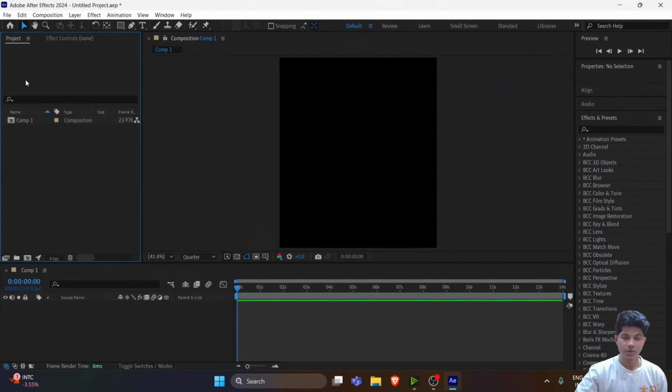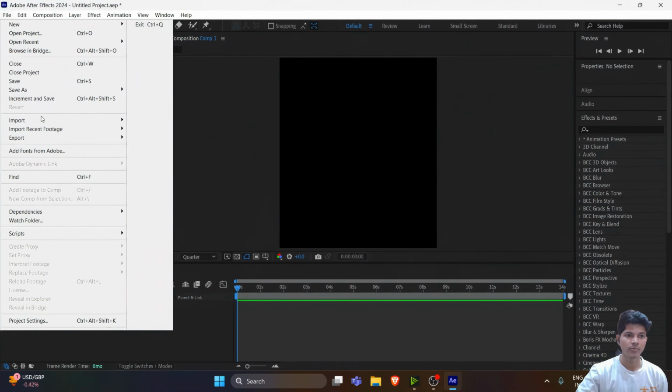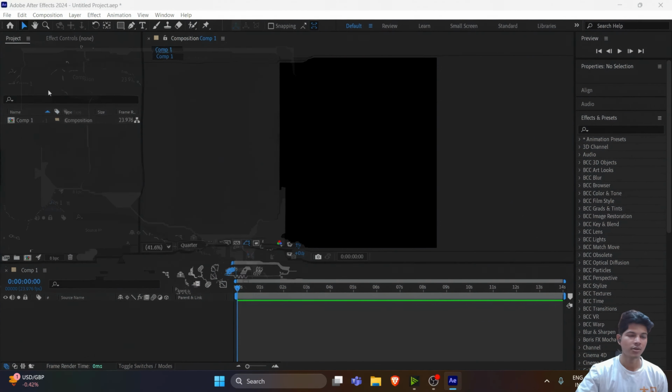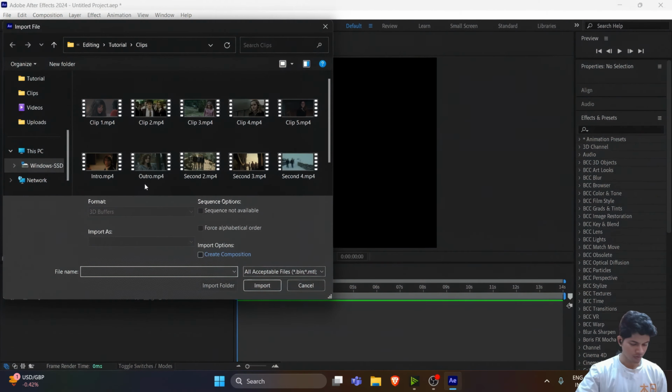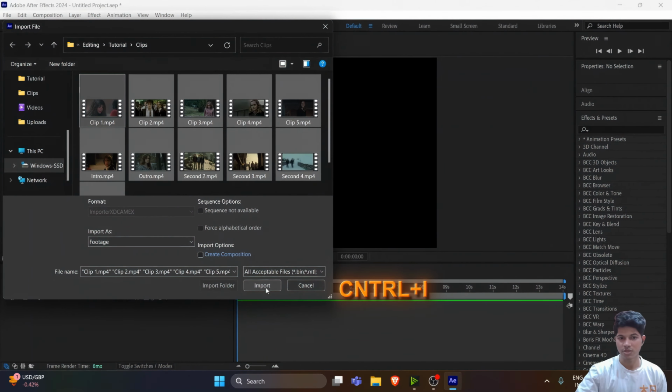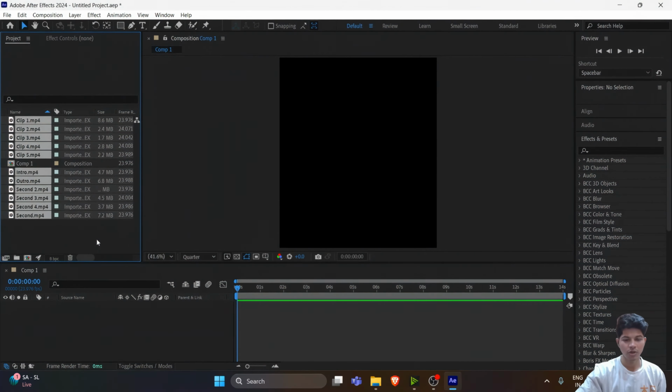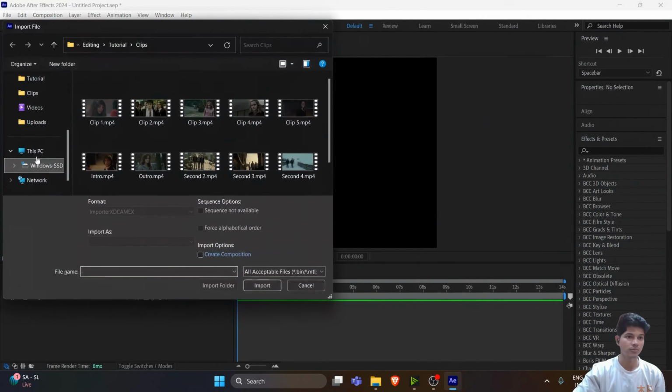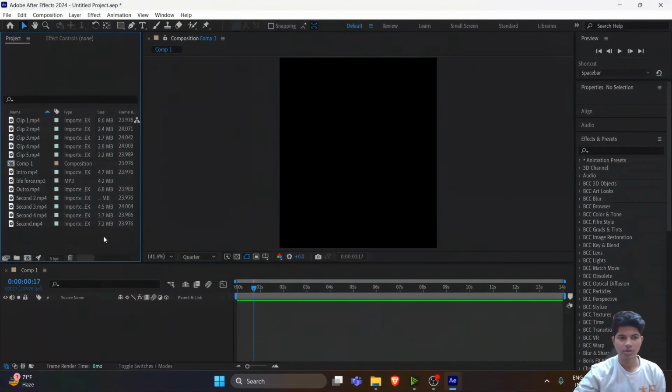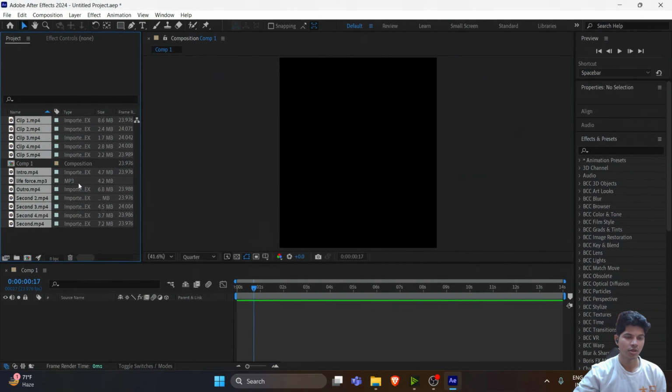We need to import the clips onto our timeline. For that, we can use File, Import, then File. There is a shortcut for this too, which is Ctrl+I if you want to use that. I also forgot to tell you, you need to import the sound too. Once you've imported the sound, select all the clips and sounds, and then drag them